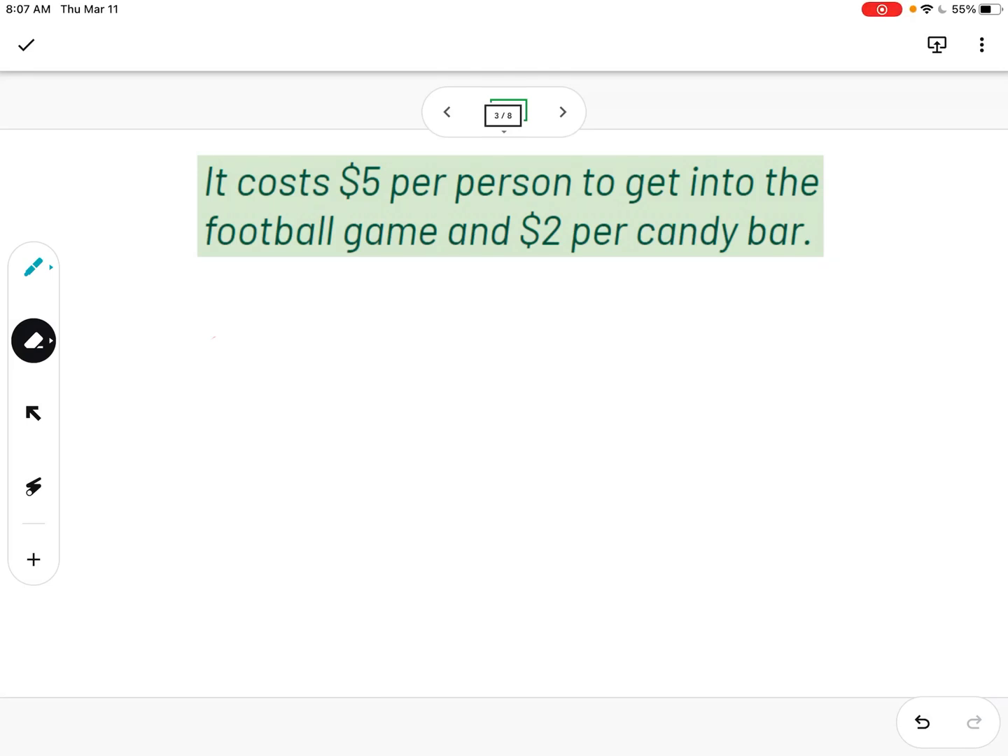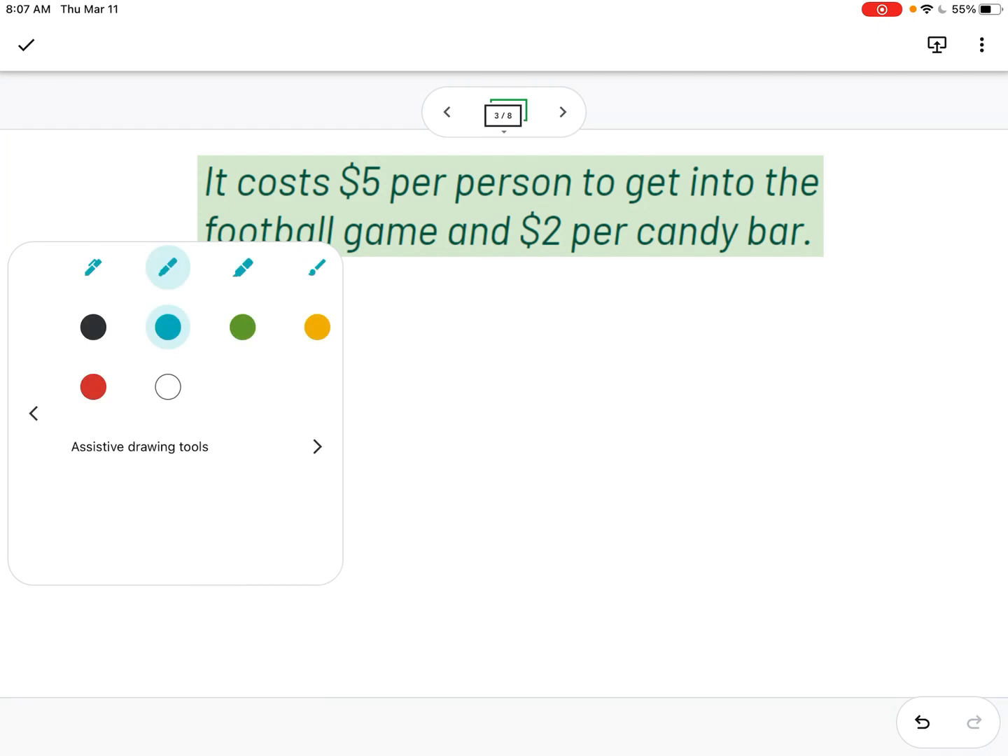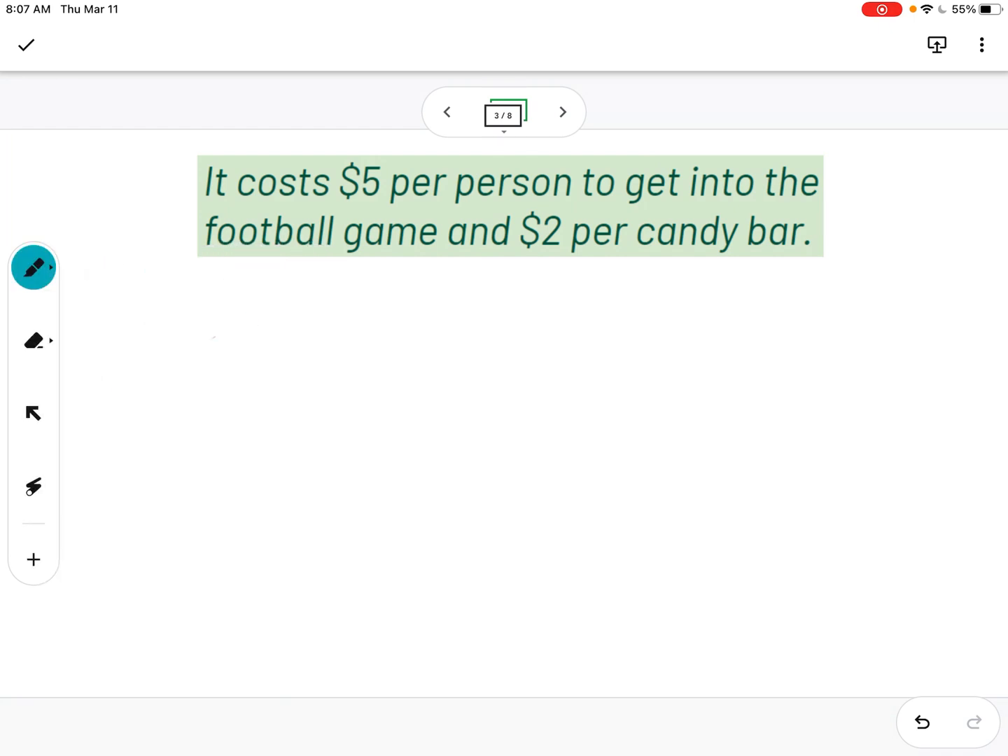Alrighty, let's set up an expression for this real-world scenario. So in this case, let's first start with reading and identifying the key information in this phrase. It says it costs $5 per person to get into the football game and $2 per candy bar. All right, so we're writing an expression to represent the total cost that you will pay